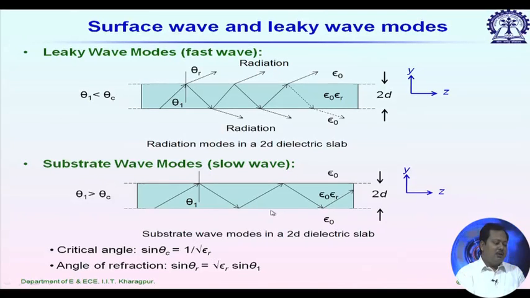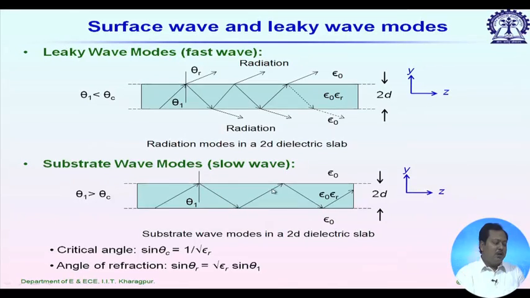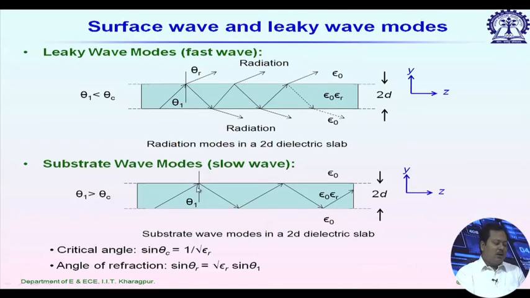Epsilon r is the dielectric constant of this slab. Now, since theta 1 is more than theta c, the whole of this incident electromagnetic wave is reflected back. So, we have total reflection, and it will continue. So, we see that a dielectric slab itself can behave as a guiding structure, and in this case mathematically